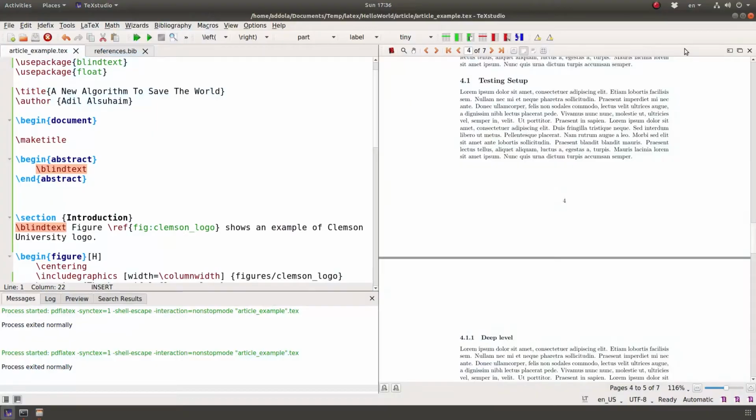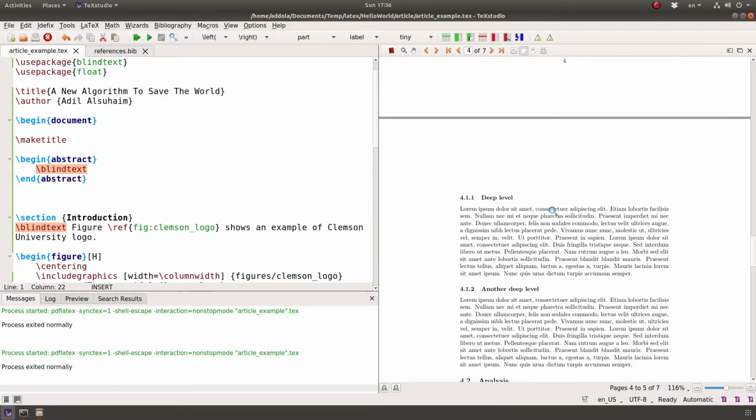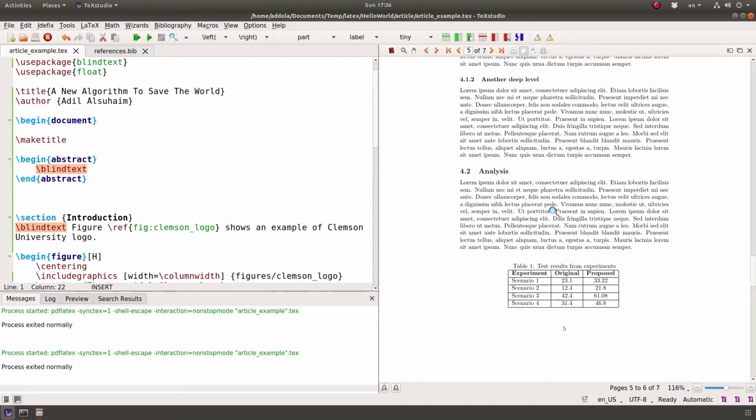Also, you can break the sections into multiple files. You can break one document into multiple text files, which helps when you collaborate with other users. What else is there? It's also very powerful with mathematical equations and formulas, which is very useful if you're dealing with computer science or mathematics. A lot of people in mathematics use LaTeX to write books and things like that.